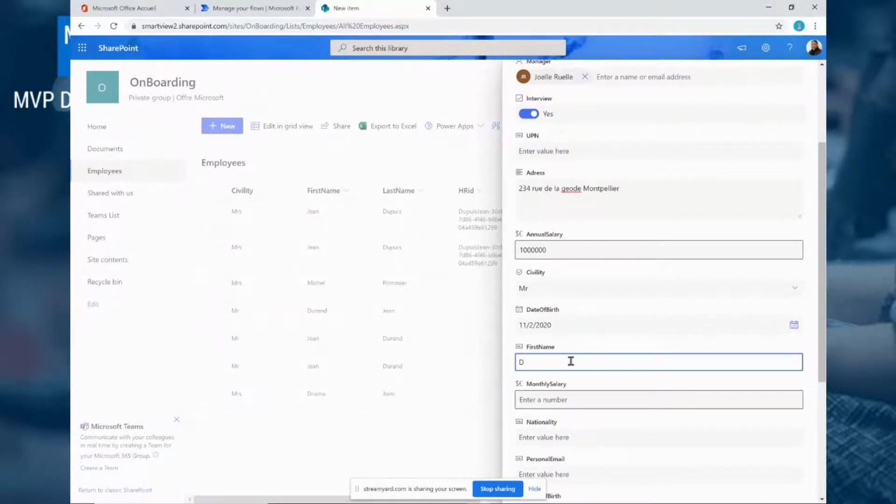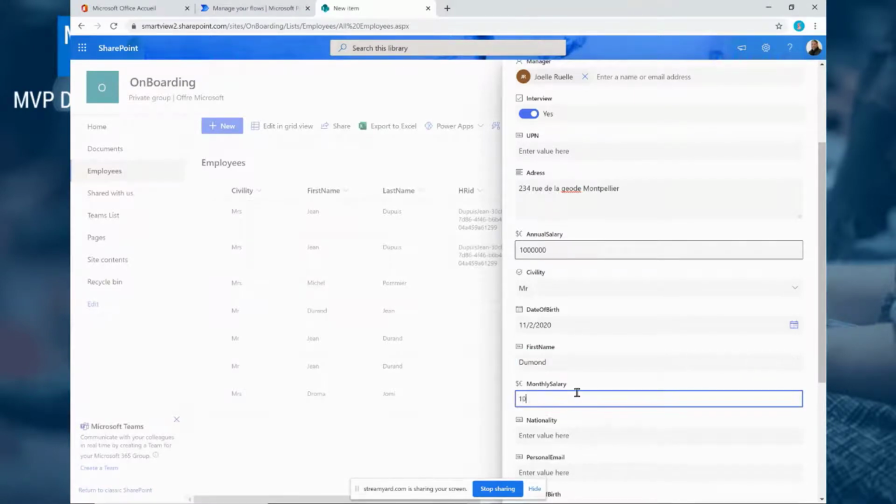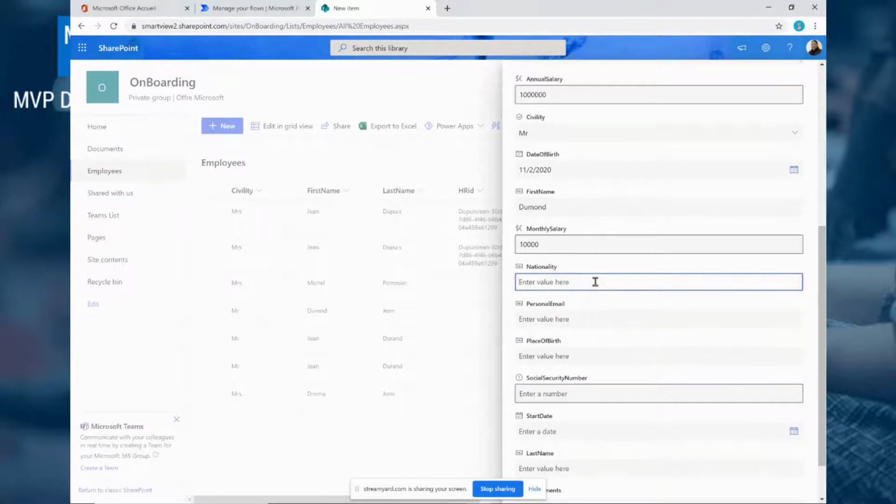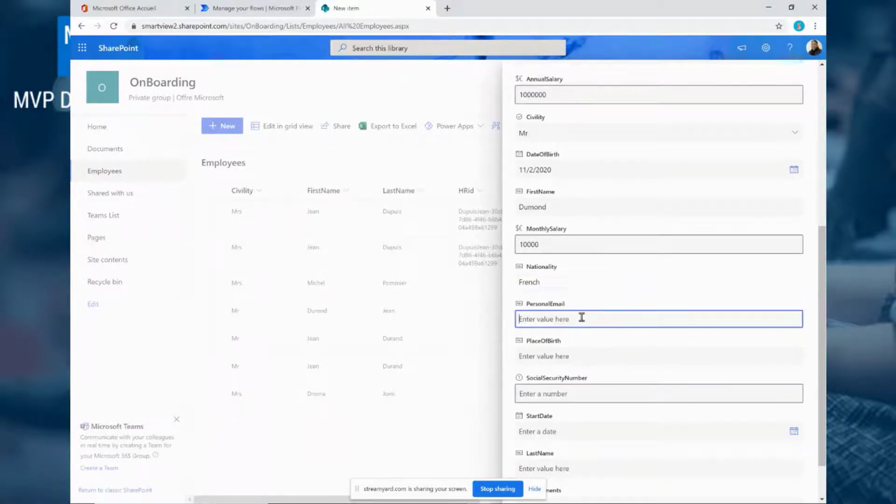So I have to put the name, the monthly salary, the nationality will be French. The personal email, so I need to enter the information of his personal email address. With that, you will receive the contract by email.